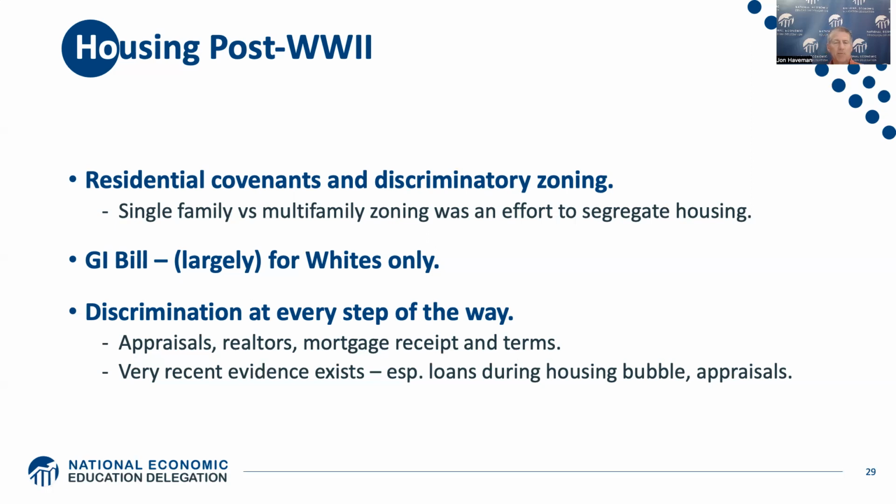The GI Bill has been classified as affirmative action for whites, and we'll talk in some detail about why exactly that is. It's especially in terms of housing. But in terms of housing, there's also been discrimination, right? At every part of the home buying process, there was discrimination, right? From appraisals to realtors to mortgage receipt and the terms of the